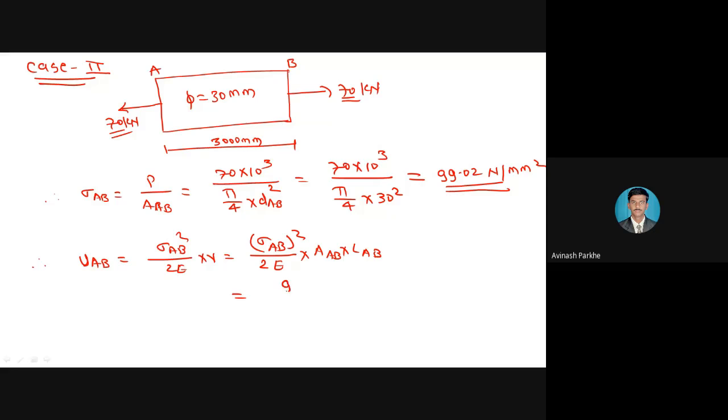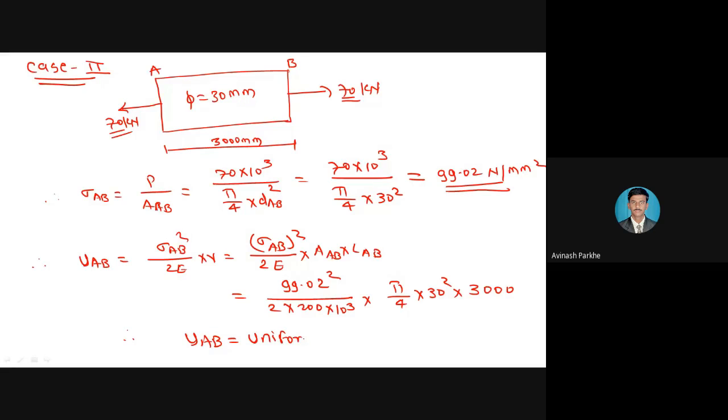Put the value: sigma of AB 92.02 square divided by 2 into Young's modulus, the same, 200 into 10 raised to 3, area pi by 4 into 30 square, into length of this section, which is also given, 3000. Therefore, U of AB is equal to